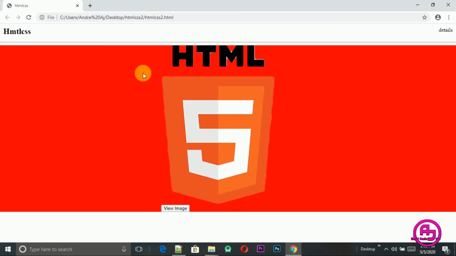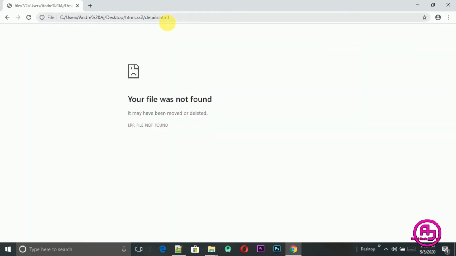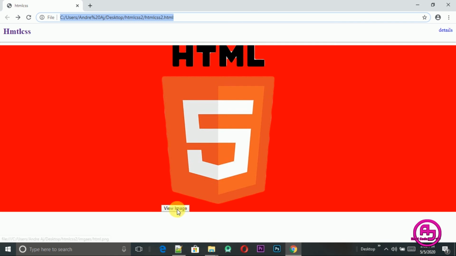Let's go back and refresh the page. Okay, so this one has turned blue and this one has turned blue. When I hover over, just take a look at this bottom left corner. There is a link that pops up, so it means this one has turned into a link. So when I click on it, I just navigate to the same page. And then when I click on this one, the file wasn't found, these details, we need to create it. So I'll go back, and let's try this image here. It has become a link. If you can see in the bottom corner, there's a link there. So when I click on it,